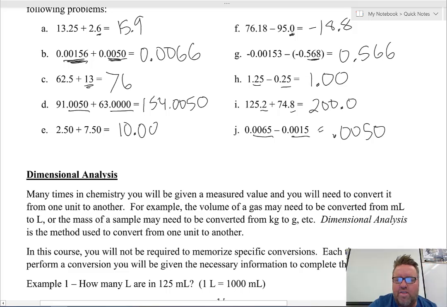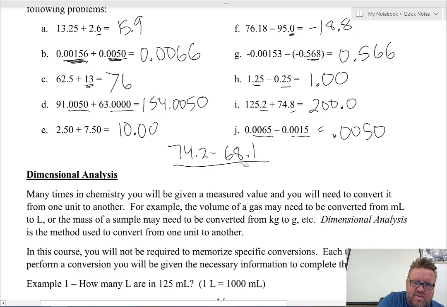Okay, and the only other thing I'm going to mention here, hopefully that is pretty clear, is what if you have a problem like this? What if you have like 74.2 minus 68.1 over